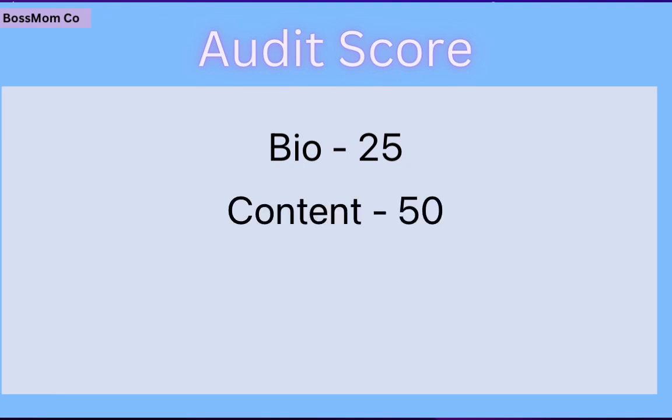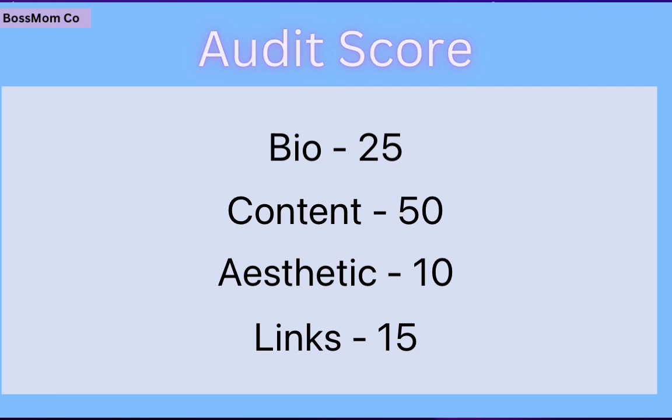The content itself is worth 50 points. Because we work on the fresh system, you get 10 points for each category: funny, responsive, emotional, sales, and helpful. The overall aesthetic I give 10 points for, because yes, the aesthetic is pretty, but it's not super important. It's not like a make or break it. If you have not great aesthetics, your cover photo is messy, your profile picture has 15 people in it, but you have a killer bio and you have great content, you're still going to make sales. And then links I give 15, because that's how you're capturing your leads. That is how you are going to automate your sales versus having to sell one-on-one in the DMs.